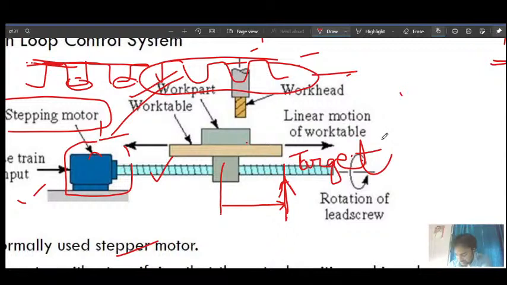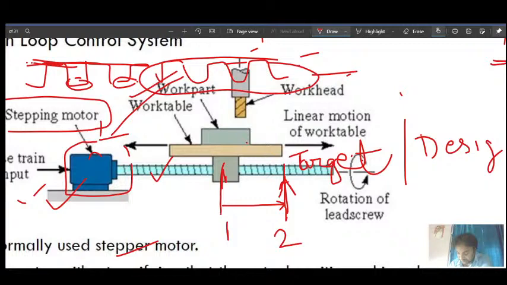Okay, and we can also say it is the desired position. So if we supply some pulse train and we intend to move the table position from here to position 2, we can apply it, but due to some reason it will move but it will not reach the actual 2 position. It may come and stall before the 2, or it may go beyond the 2.